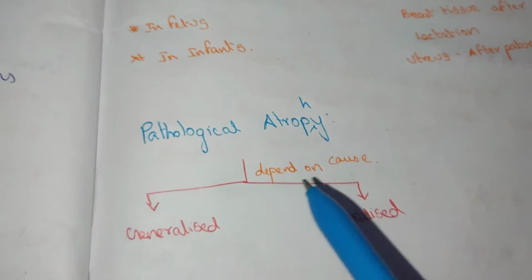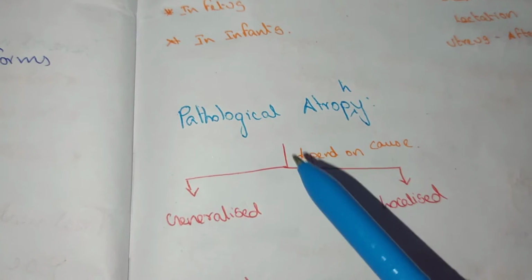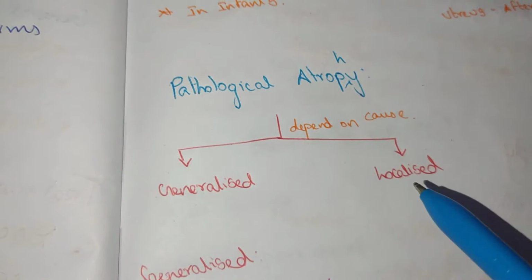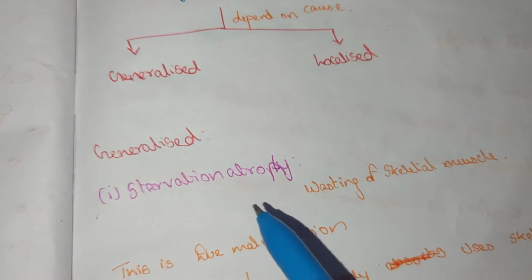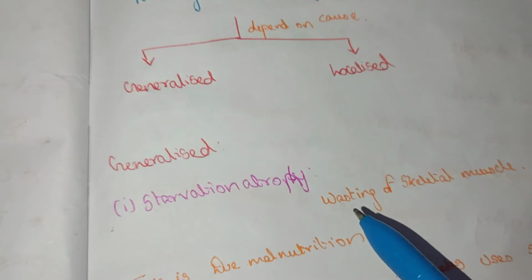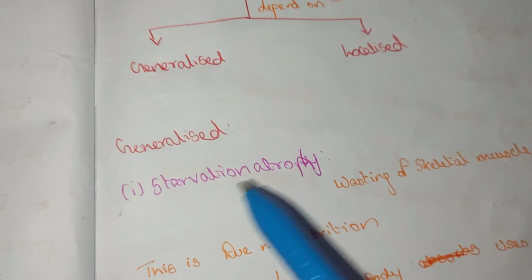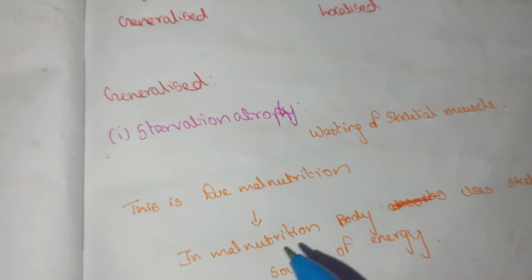Pathological atrophy depends upon the cause. Pathological atrophy is divided into generalized and localized. Generalized atrophy: starvation atrophy, wasting of the skeletal muscle, which is known as starvation atrophy. This is due to malnutrition. In malnutrition,